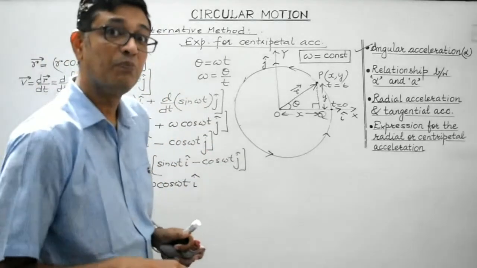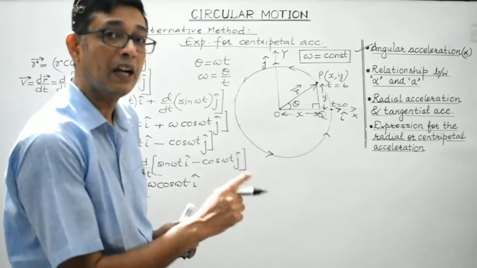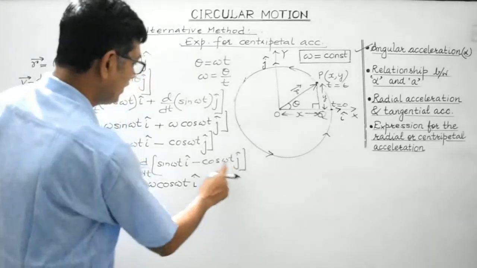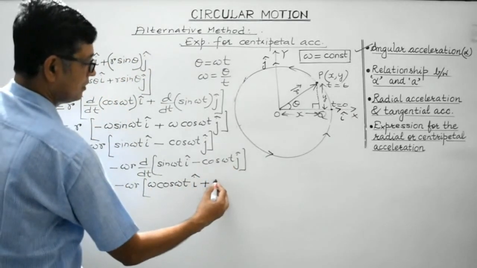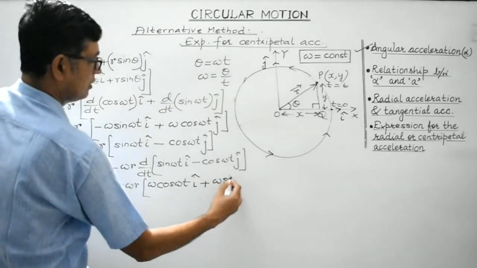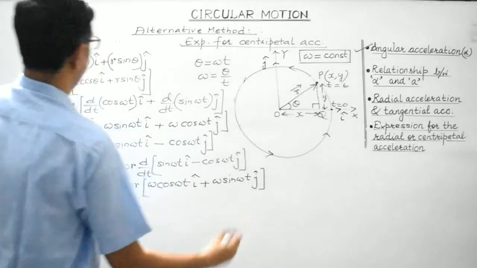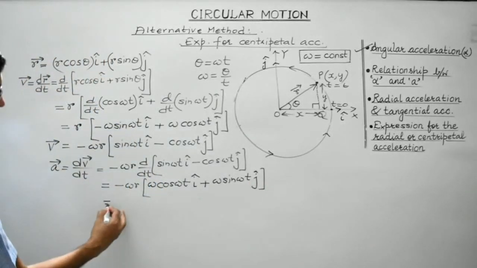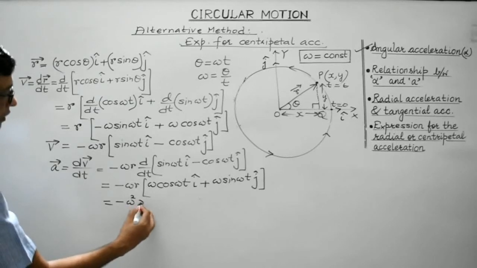Differentiation of cos theta is minus sine theta. So here it is cos omega t, so it will be minus omega sine omega t. Minus minus will become plus, and then omega sine omega t j cap, right? So omega can be taken as common, minus omega square r